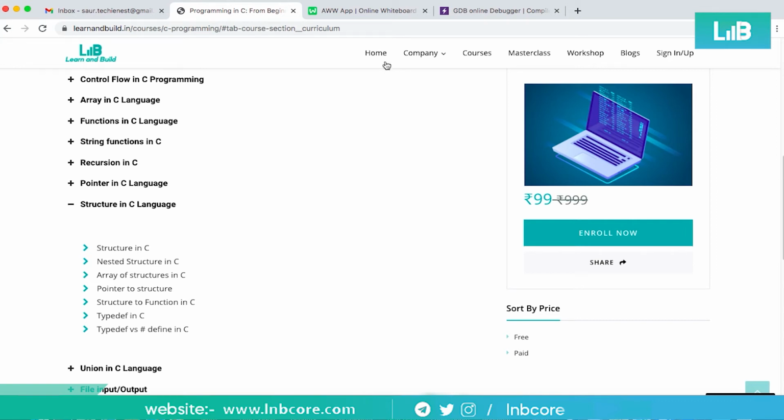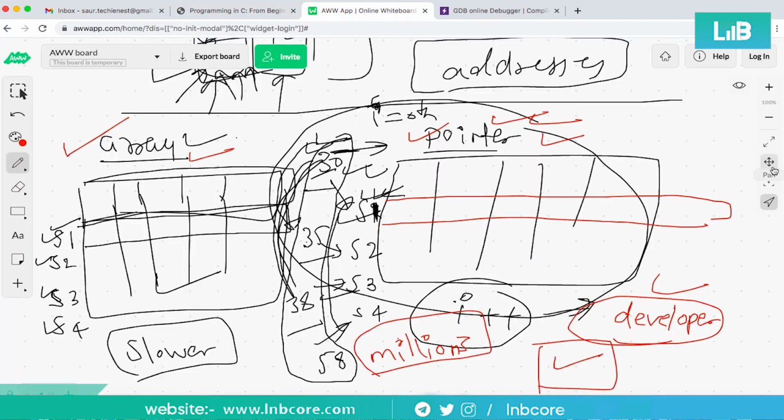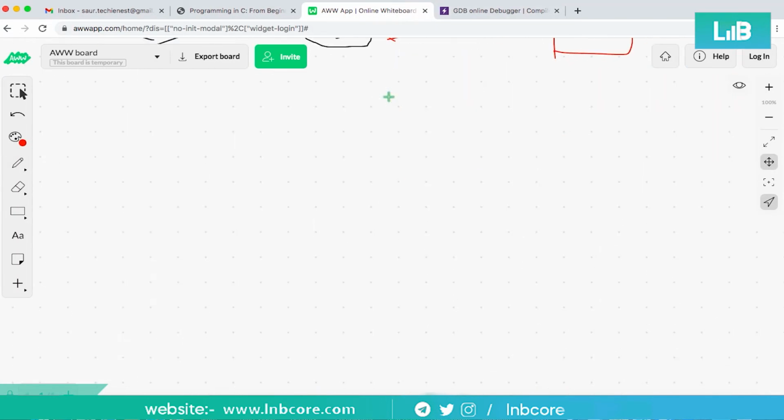So now let's just check how to implement this part. What is typedef, and what is typedef and define function. Okay,